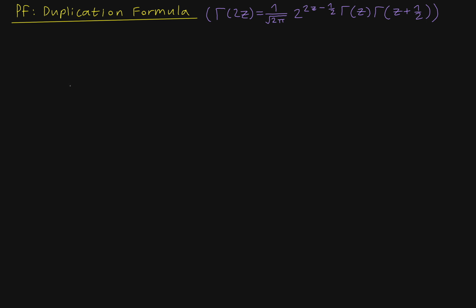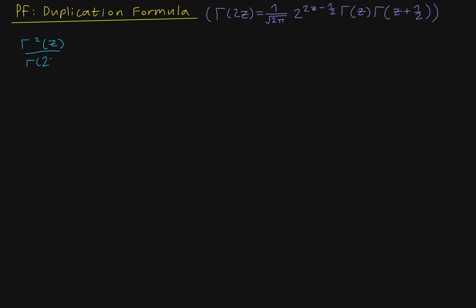For the last one, it's the duplication formula, which is gamma of 2z is equal to 1 over square root of 2 pi times 2 to the 2z minus 1/2 times gamma of z plus 1/2. Now the beta function here is pretty useful. Specifically, if we do beta of z and z, that's going to be gamma of z, or like gamma squared of z, divided by gamma of 2z, because z plus z is 2z, right? So we have gamma squared of z